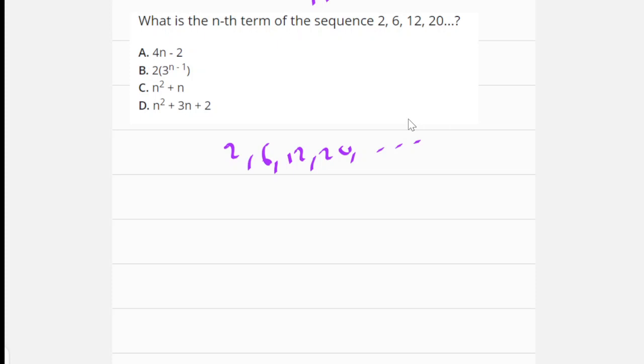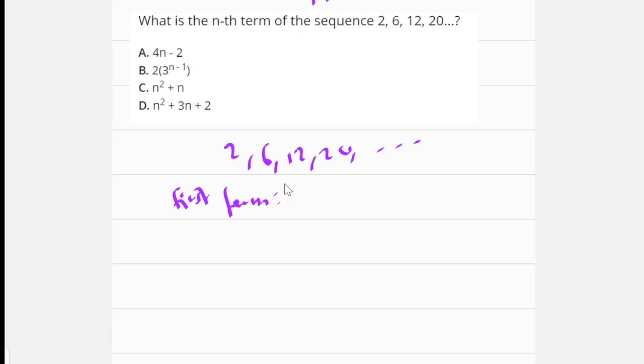You know, AP is a special sequence because the relationship between the two consecutive terms is a constant. I hope you understand that. Likewise, GP, the relationship between two consecutive terms is a ratio. I hope you understand now. So if I were you, first of all, simplify it. Although if it is a special sequence like AP and GP, you can apply your formula. But this one, if you don't know how to do it, just write